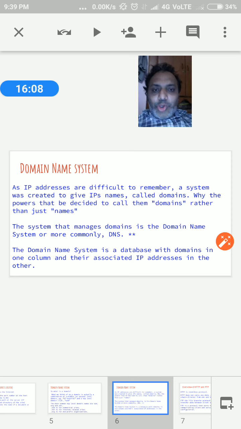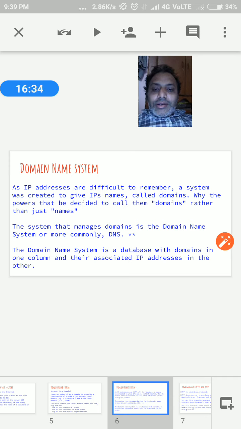The next thing, the system that manages the domain, is the Domain Name System, or more commonly the DNS. Whatever naming convention we convert into a domain name, we basically call that DNS.